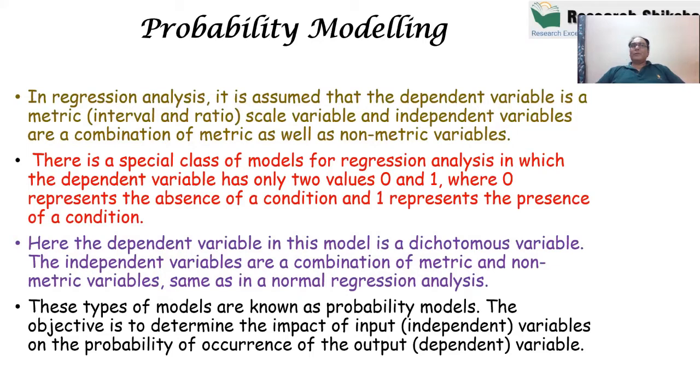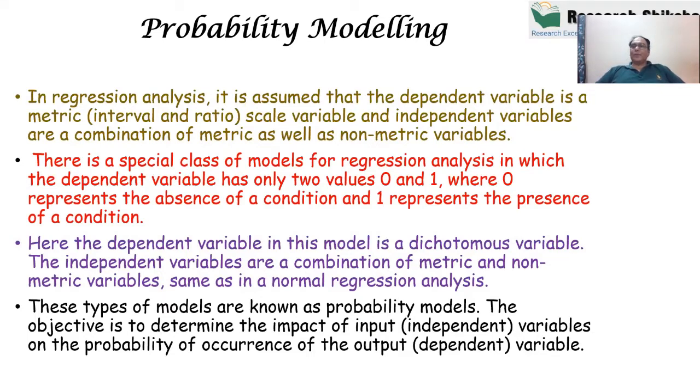I got one project from a bank. They gave me one day of banking transactions, and there are around 8 lakh transactions in a day. But they divided those transactions into two groups. One is the fraud transactions, and the second is the normal transactions. So the transactions which were fraud, we assign them 1, and the normal transactions we assign them 0. In another project, the professor wanted to study the migration of villagers. So he divided the villagers into two categories.